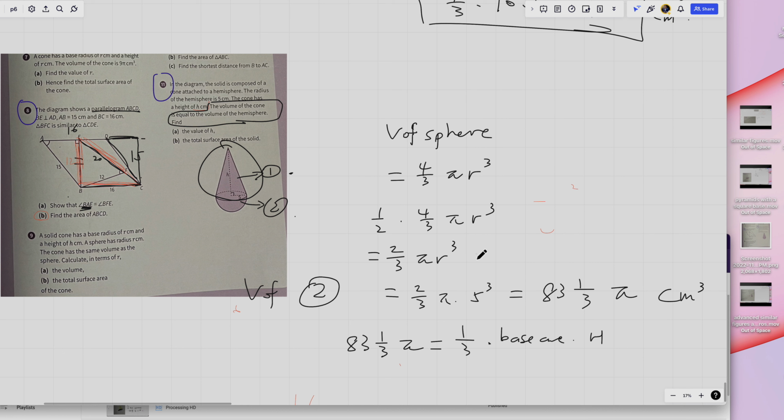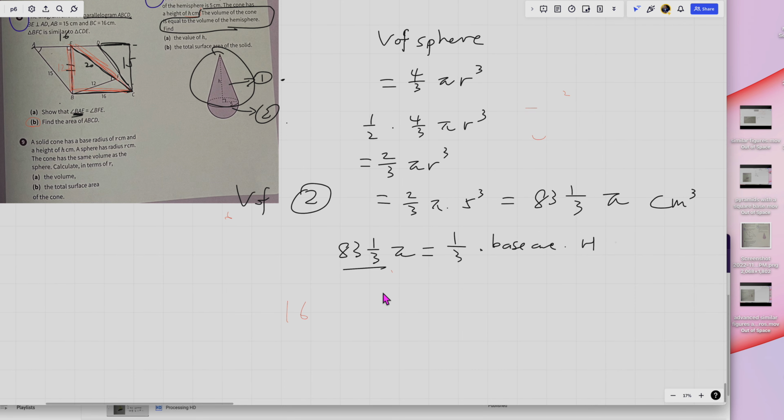Put in the numbers first. Can you get this into an improper fraction? Improper fraction means, you know, 250 over 3. Yep. 250 over 3 pi is equal to 1/3 times base area, and this base happens to be the